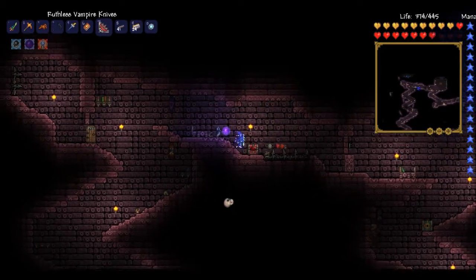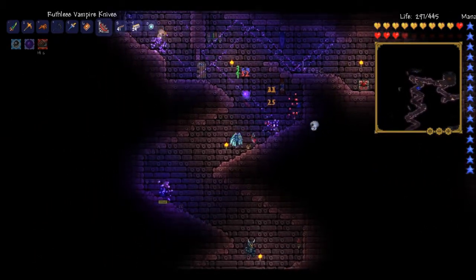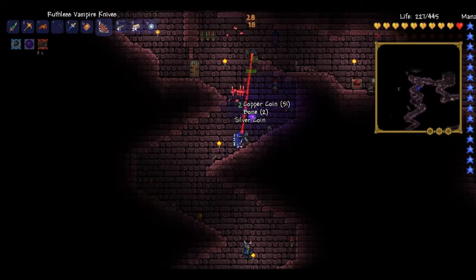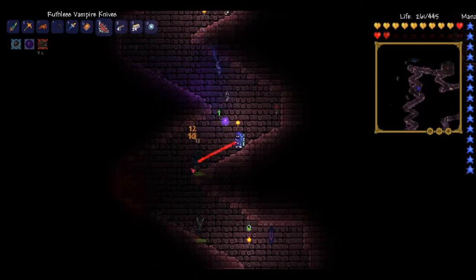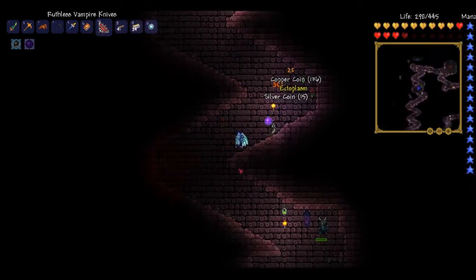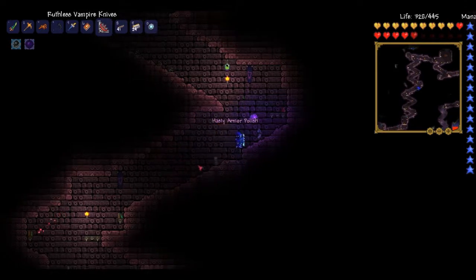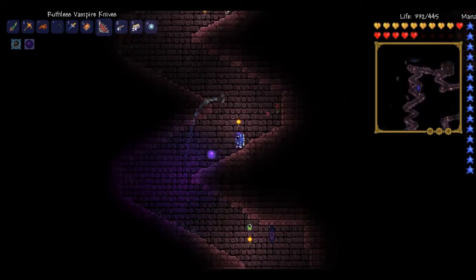So I'm just holding down the left mouse button to throw them. Come on. It's still dangerous, obviously, because I'm still going to be taking a lot of damage since it's not magic damage. I don't gain the lifesteal from the Spectre armor, but I do have lifesteal from just the Vampire Knives, which look pretty cool. Don't know exactly how much